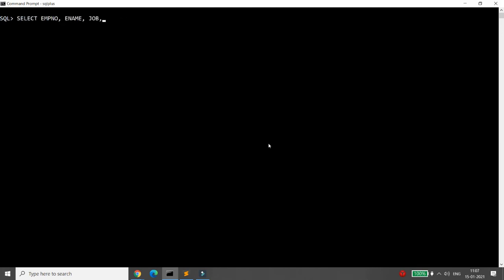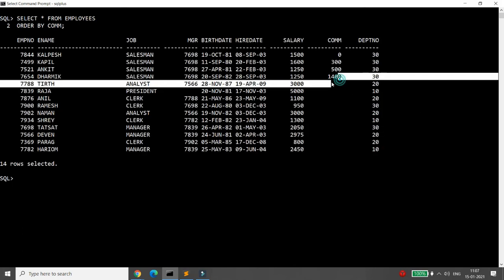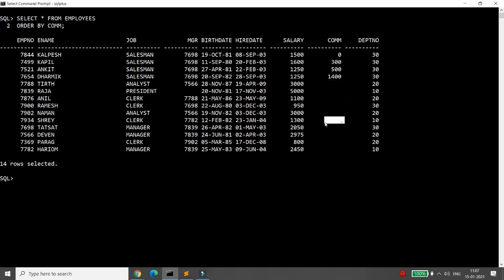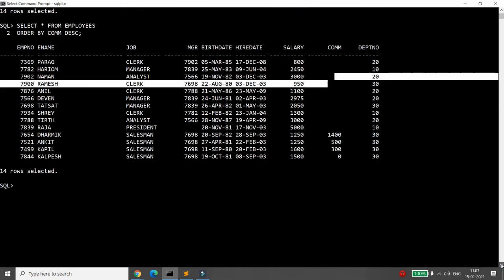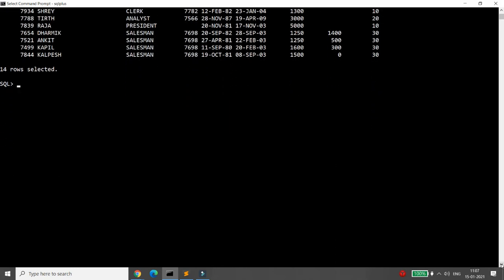For example, if I write select star from employees order by commission, you can see the null values displayed last in ascending order, and if you write order by commission descending, then the null values will be displayed first.